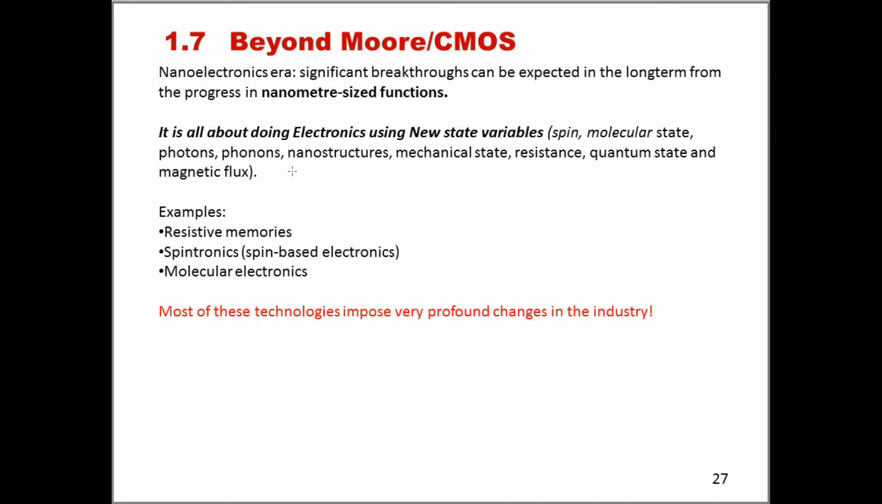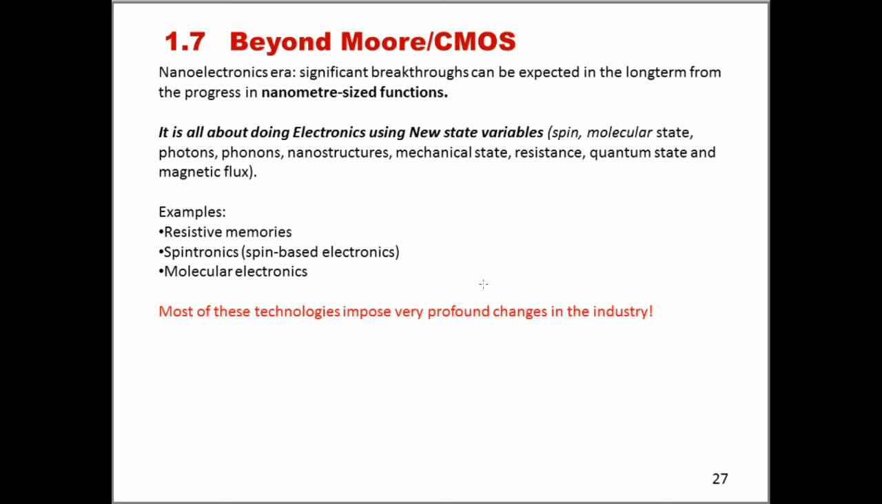And finally, beyond Moore or beyond CMOS. Well, this is really the nanoelectronics era. So significant breakthroughs should be expected in the long term from the progress in the nanometer-sized functions. So beyond Moore is actually all about doing electronics using new state variables. So instead of using charge, which is basically what we've been using until now in order to operate transistors and all the other